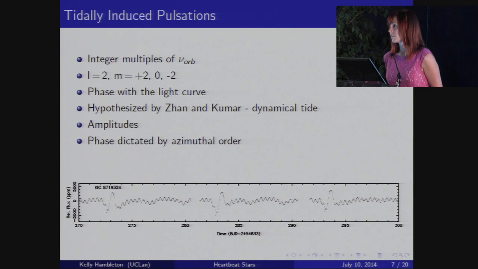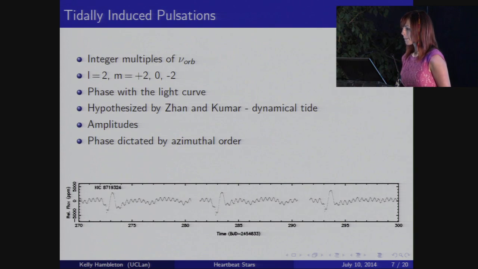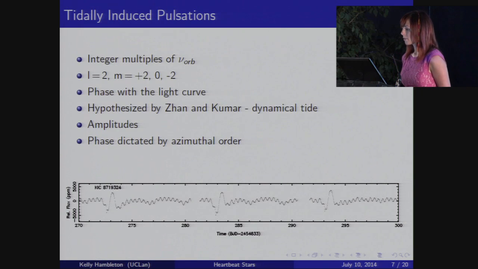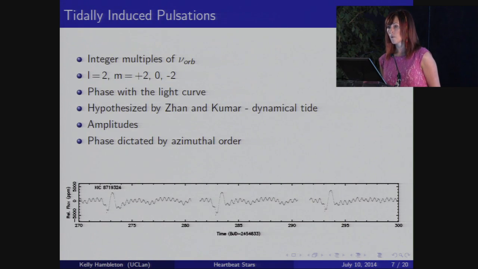And these are pulsations that are forced by the tides. All of these pulsations have an L equals 2, M equals plus or minus 2, or 0 mode. The way that we can easily identify these is that they phase accurately, precisely with the light curve. So in a phase light curve, you'll still see the pulsations. These were hypothesized by Zahn as a method for mode damping to remove the energy from the orbit, but also by Kumar as the dynamical tide aspect to the heartbeat stars that he theorized in